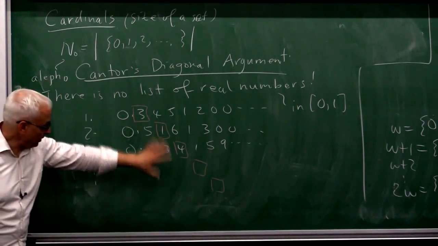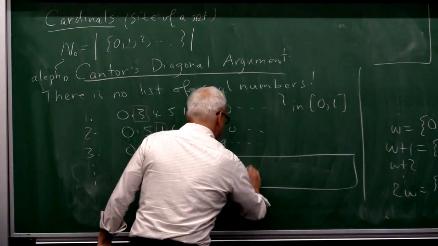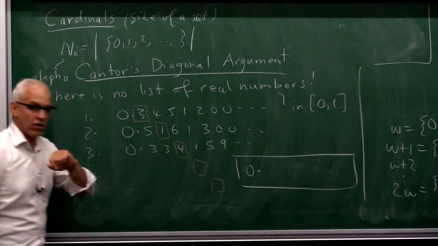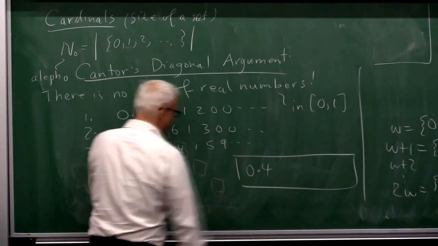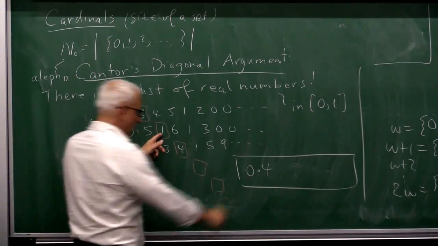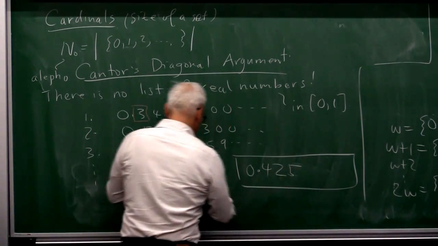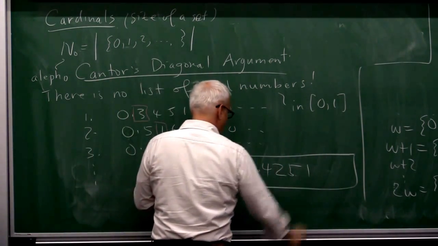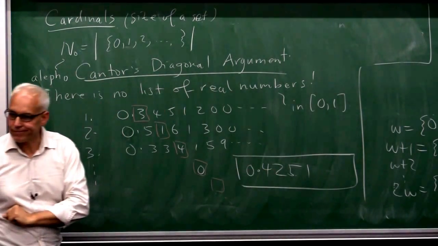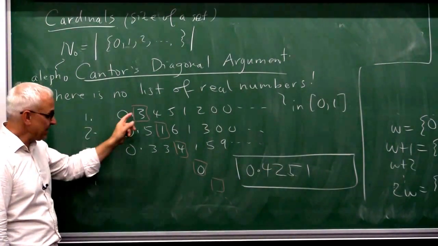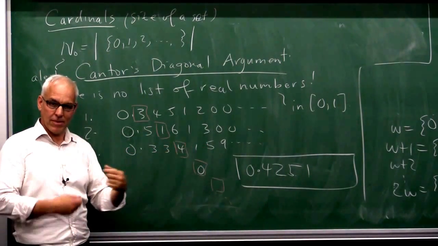So he looked down the diagonal, ignored everything else, and then over here, he would write down a number which is not on your list. He would change the first one. That's a 3, so instead of writing a 3, I'll write a 4. The next one's a 1. Instead of writing a 1, I'm going to write a 2. Instead of the 4, I'm going to write a 5. If the next one happens to be 0, instead of 0, I'll write a 1. So I'm writing a new infinite decimal, which has the property that it differs from each of these existing ones on the kth diagonal.